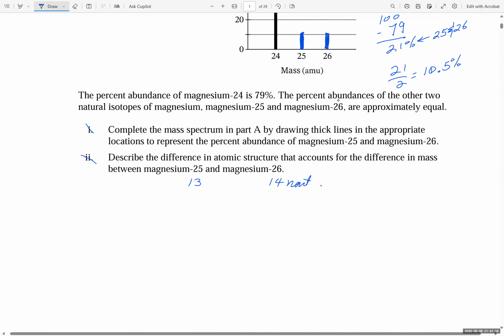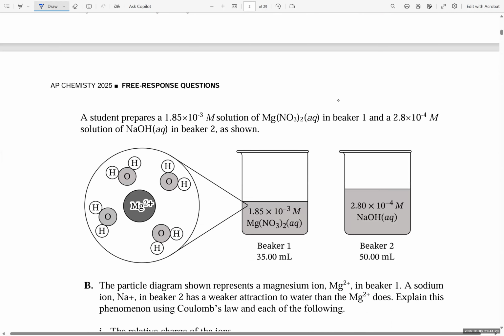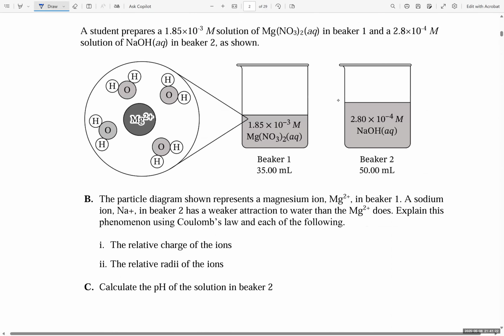Let's go on to the next page. A student prepares a 1.85 times 10 to the minus 3 molar solution of magnesium nitrate in beaker 1 and a 2.8 times 10 to the minus 4 molar solution of sodium hydroxide in beaker 2 as shown. The particle diagram shown represents a magnesium ion, Mg2+, in beaker 1. A sodium ion in beaker 2 has a weaker attraction in water than Mg2+ does. Explain this phenomenon